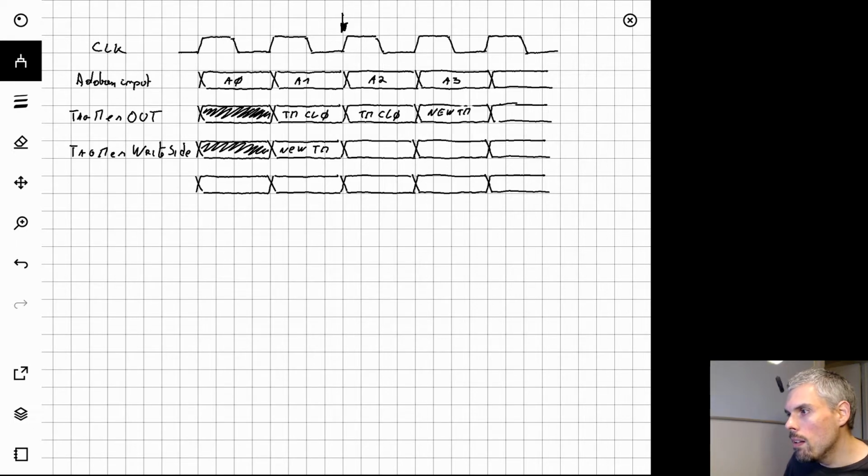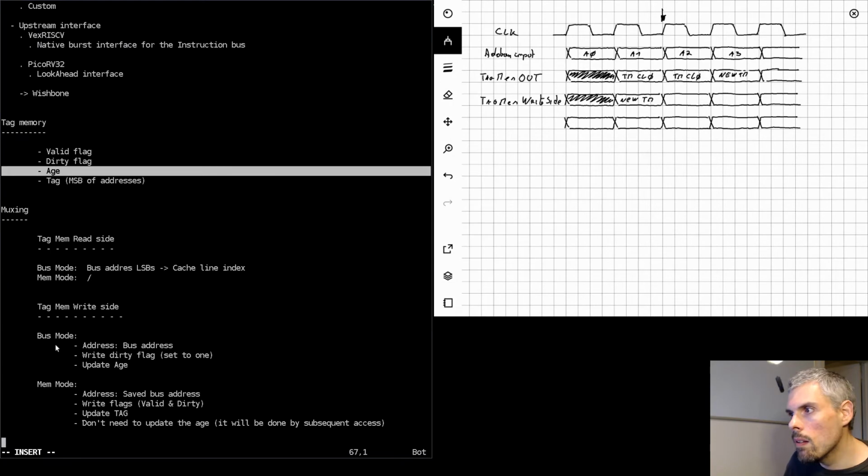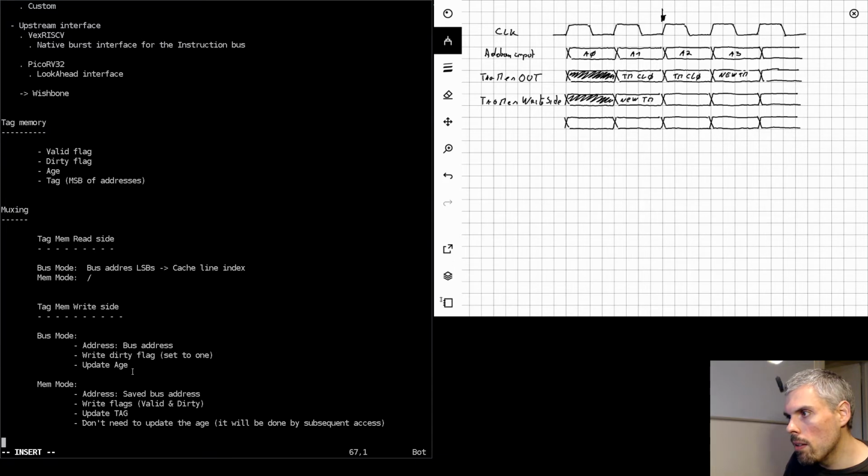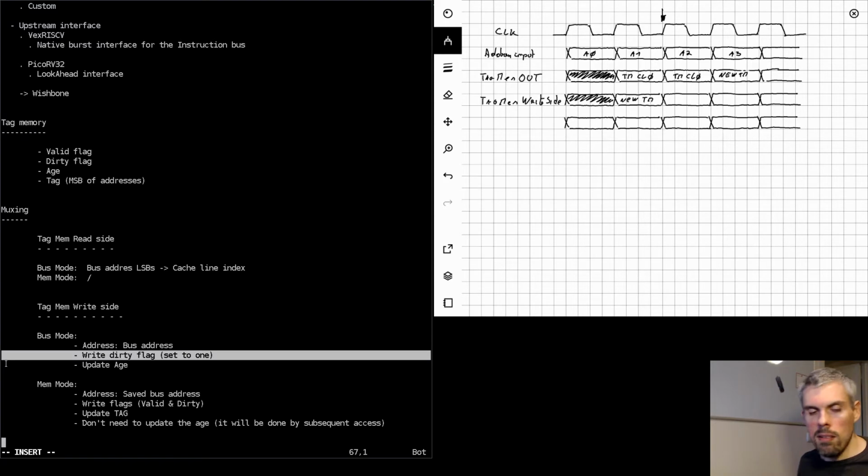And so we need to take care of that. So if we go back to this, when we're in bus mode, we do two things. We update the age and we write the dirty flag, right? And what can potentially happen is, if we write the dirty flag based on an old value,